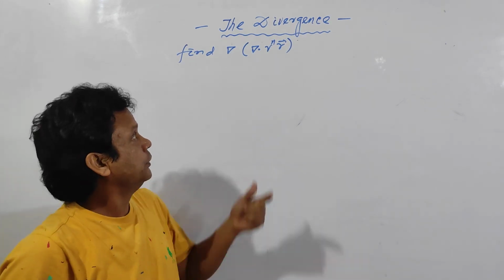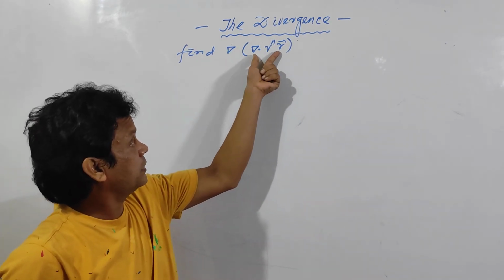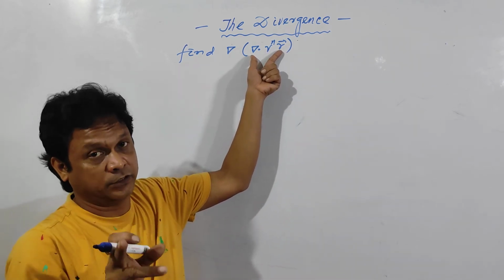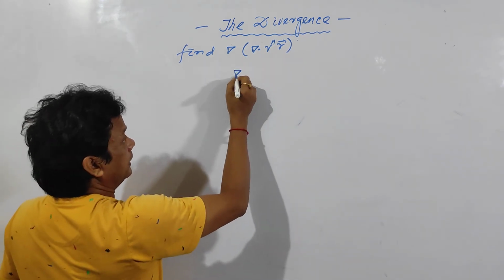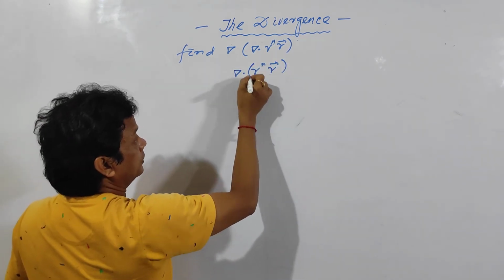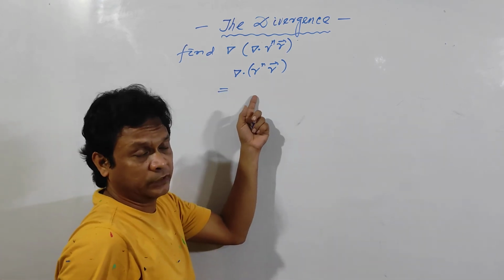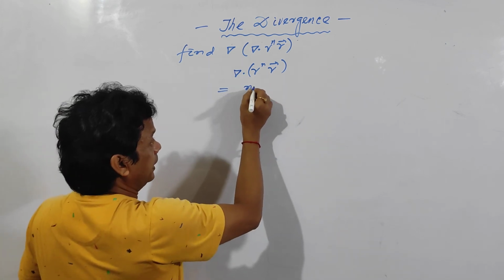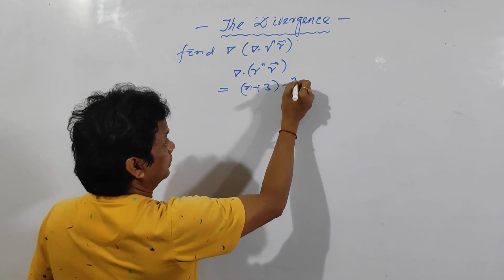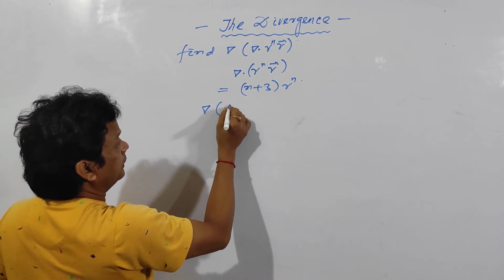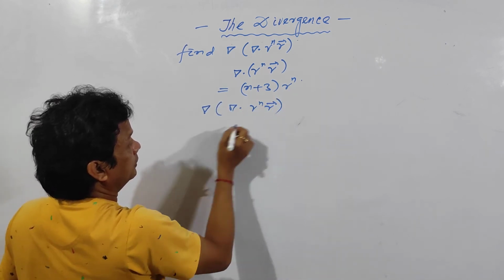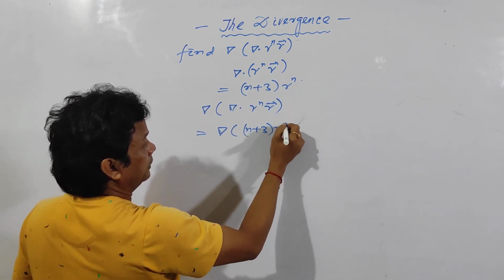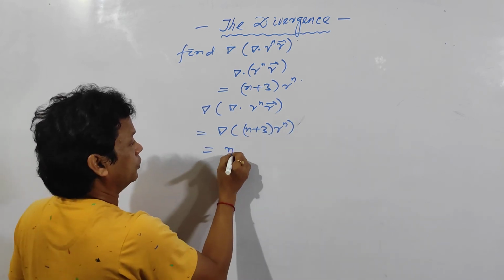See here, you have to find out grad of divergence of r to the power n into r vector. But this one I have already done, so I am directly writing the result. Okay. See here, del dot r to the power n into r vector. Since I have done it today, I am applying the answer directly. So the answer was n plus 3 into r to the power n. Clear? So now grad of del dot r to the power n into r vector is equal to del of this one, n plus 3 into r to the power n. And n plus 3 is a constant quantity and it will go outside.